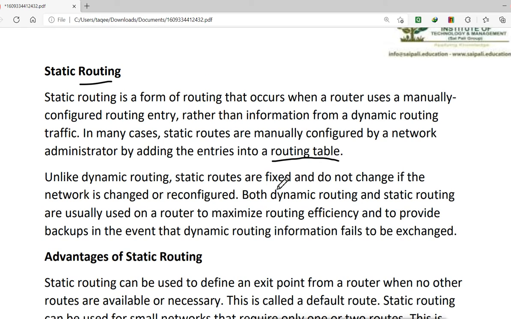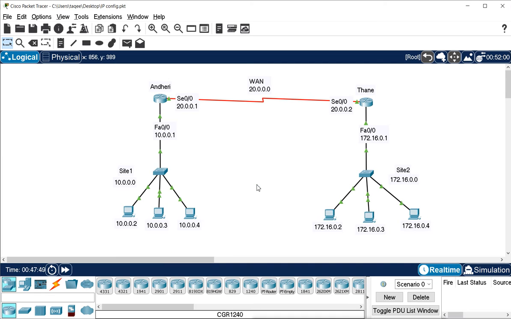So what is static routing? Static routing is basically creating the routing table manually. Let me show you how we can configure that. Let's say this is our design for the routing. We have two different sites connected through a WAN network. Actually, we don't have a WAN network. We used a serial port directly connected from one router to the other router. We have given the same network IP so that they can connect, so we can simulate the WAN here.